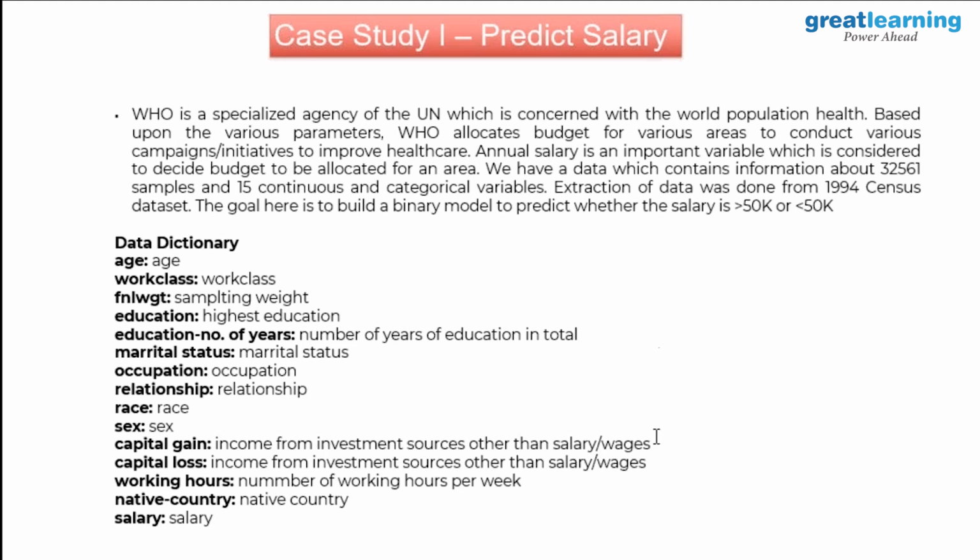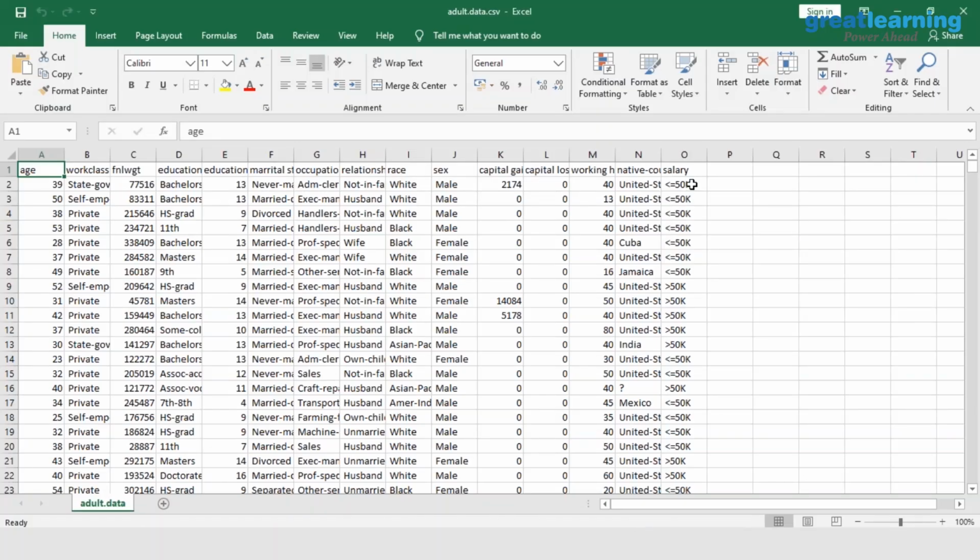I have created an HTML page to collect the user input for all the variables which are independent. So in this data set, all these variables are independent, and based on these variables, we are expected to predict the salary. Salary is available as a binary value which is less than or equal to 50K or greater than 50K.